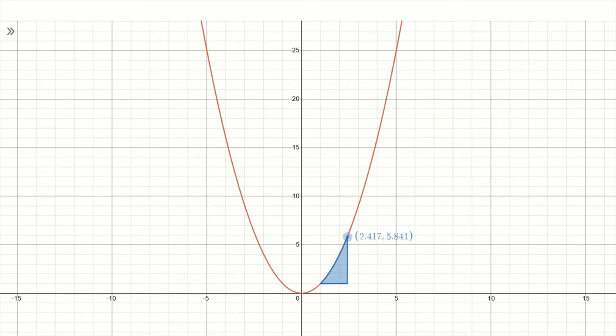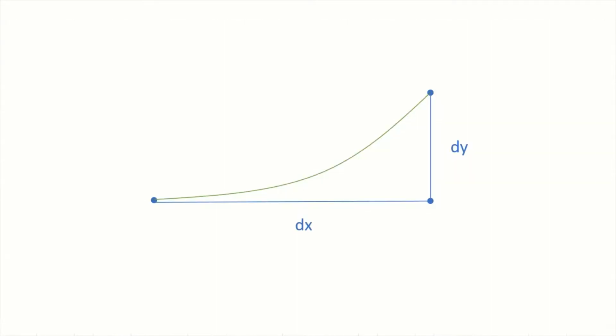Suppose we are looking at a nonlinear function, y equals x squared, for example. How do we find the instantaneous slope or stretch of the function at the point where x equals 1? If we zoom into a point along this curve, will we approach this infinitesimal shape with a curved, so to say, hypotenuse? It turns out that the answer is no, because we can always identify a point along the curve